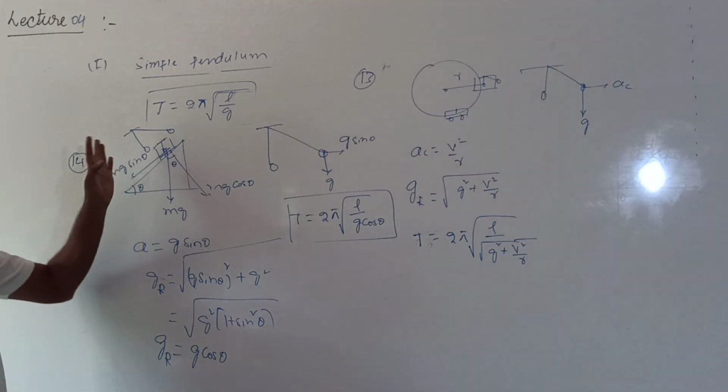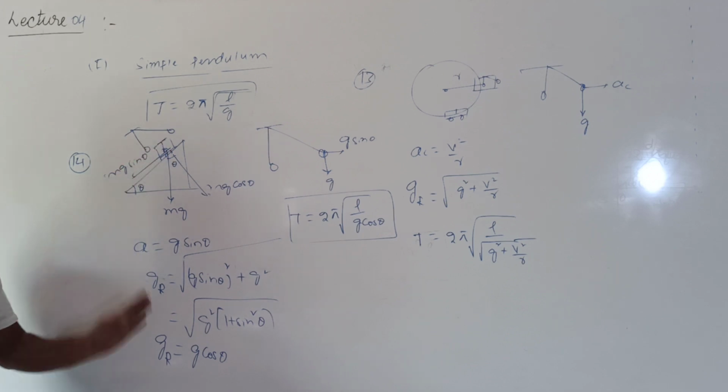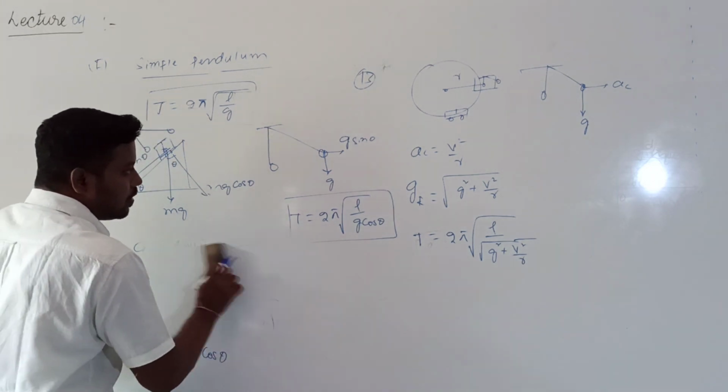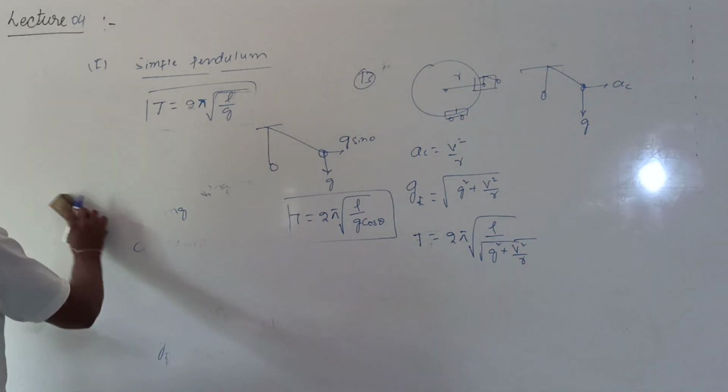Whenever a pendulum is attached to the roof of a car, if the car is sliding down the inclined plane. Okay? So after this, next one is